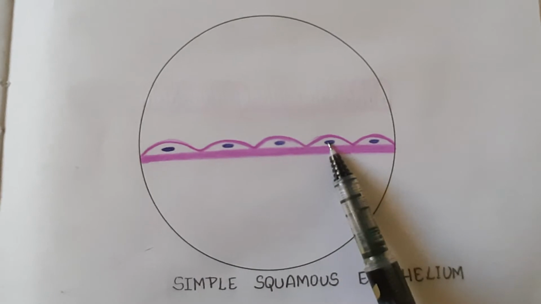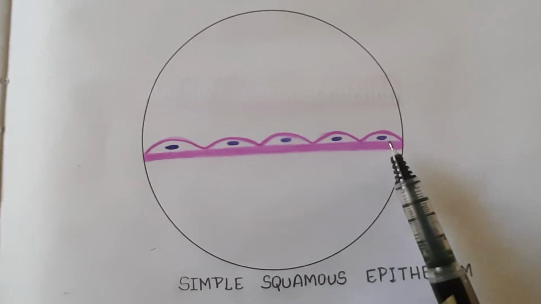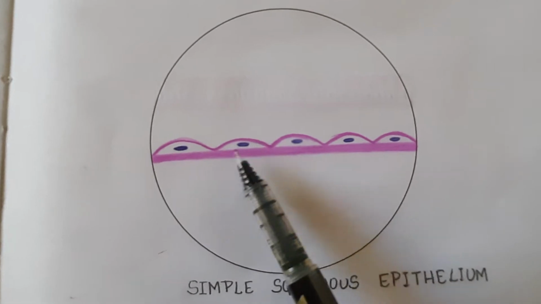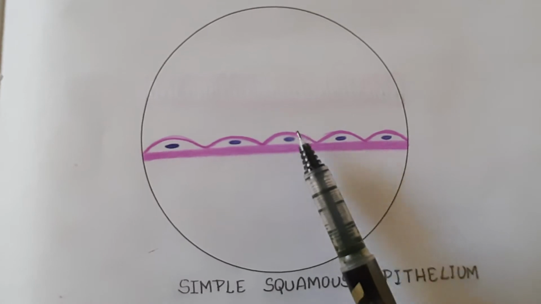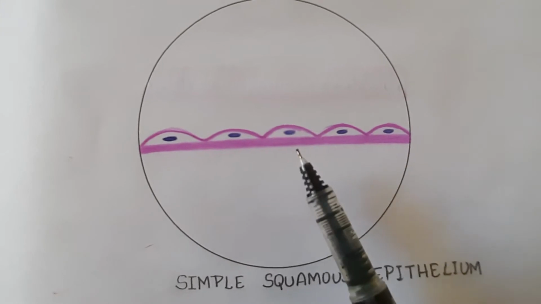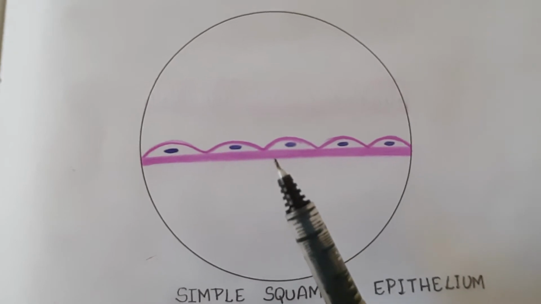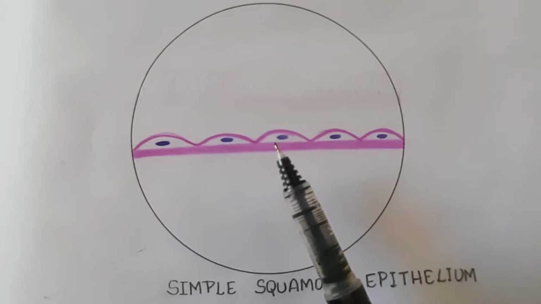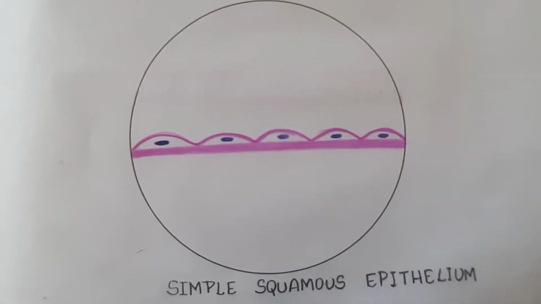Here you can see the simple squamous epithelium: a single layer of flat shaped cells with central nuclei. This is the basement membrane, and here is the single layer of flat shaped cells. If you see it from the upper surface, it appears like a mosaic, like a floor, and the center is bulged by the nucleus. Examples of simple squamous epithelium are the thyroid epithelium, the follicles lined by this one, the epithelium covering the lung, and the epithelium covering the inner surface of the artery, the endothelium. That is the best example for the simple squamous epithelium.